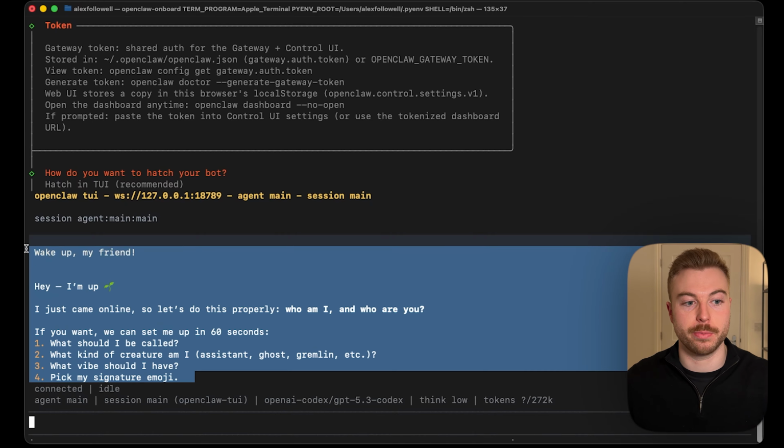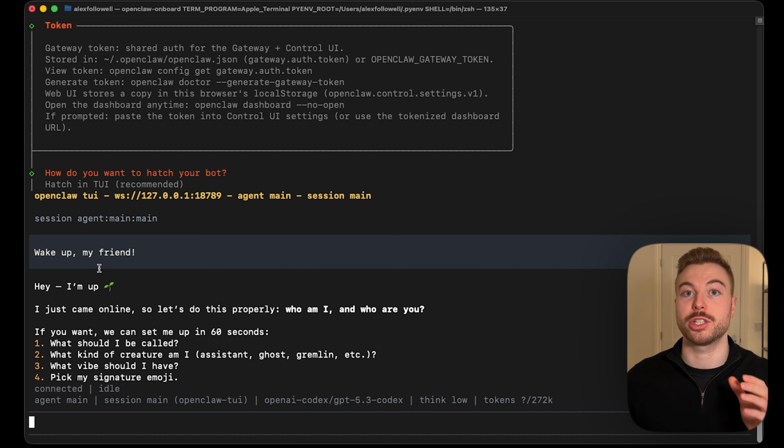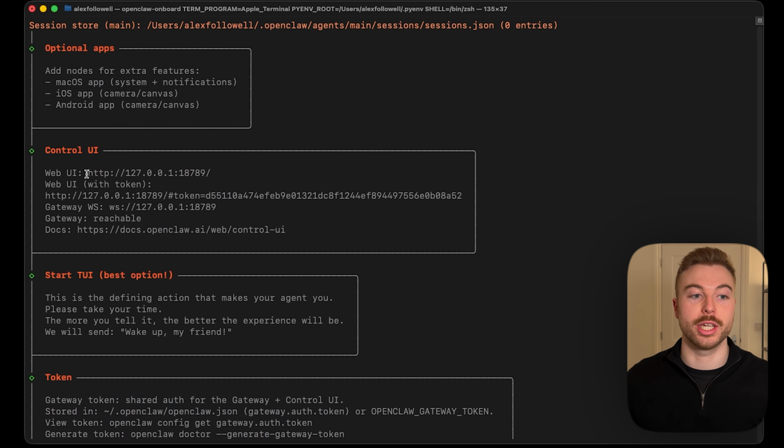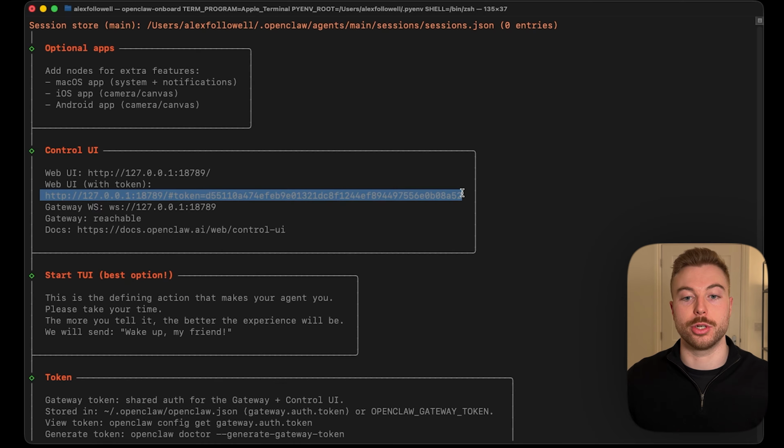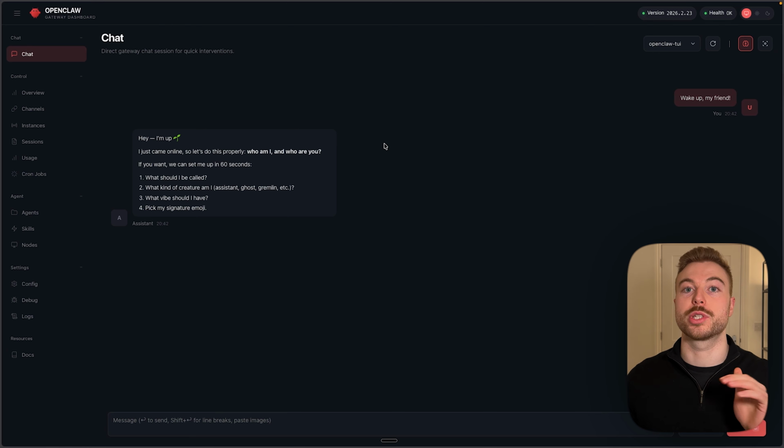We can see the first message here, but if we want to actually see the web UI, we need to scroll a bit further up. And then we're going to see this control UI here with a long URL and a token. We need to make sure that we've got this so that only we are able to access it. So we'll copy this and then we'll simply paste it into a browser